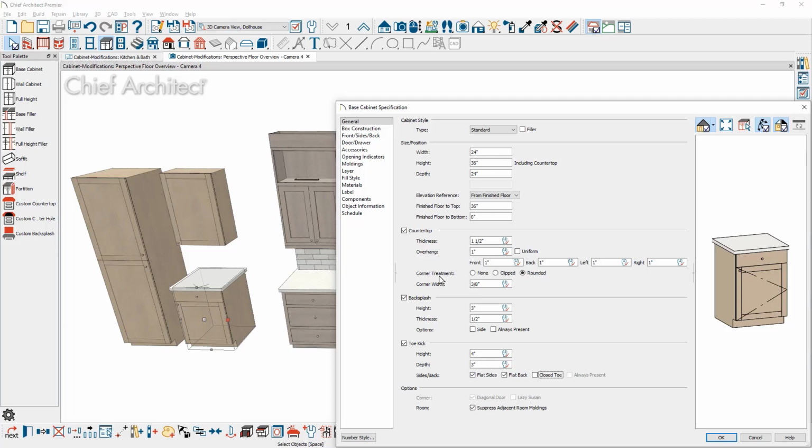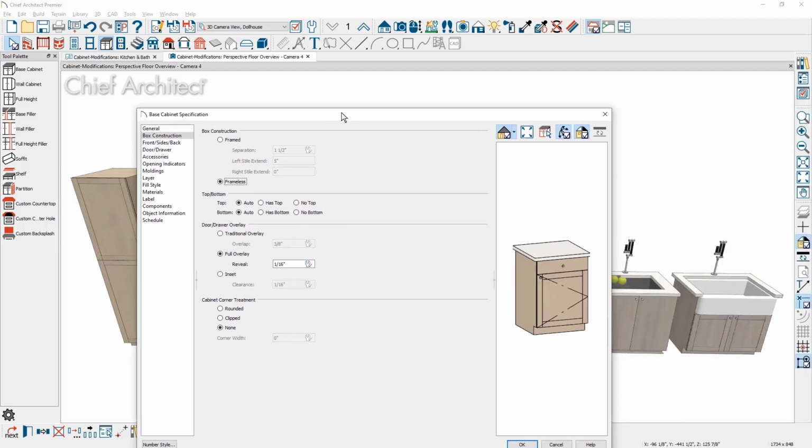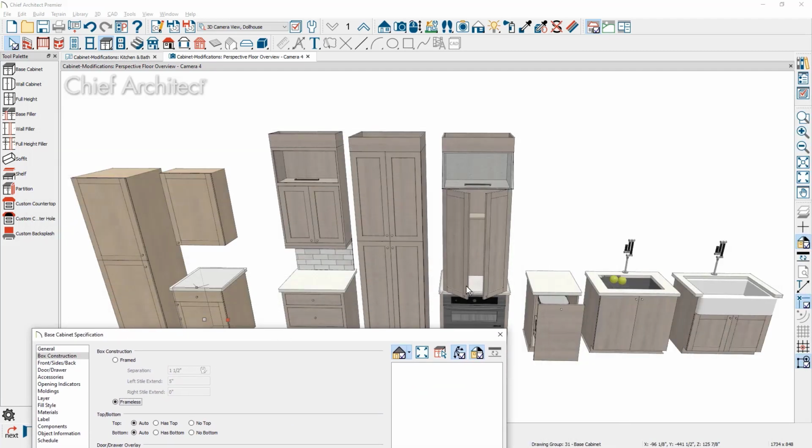Let's take a look at the box construction panel. Cabinet boxes can either be framed or frameless. If your cabinets are framed, you can control the separation, and then you can also put on a style on either side of the cabinet for your framed cabinets. If the cabinet is frameless, notice that the extended style then is removed. You can control the top and the bottom for your cabinet box. Could be that you have a coffee station like I have right in here that has the bottom removed to